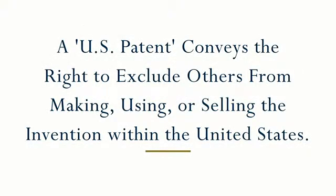And once the patent is issued, then you have the right to exclude other people from making, using, or selling the invention within the United States. And this is a right that you could keep to yourself, you could sell to someone else, or you could license to a company who wants to make that